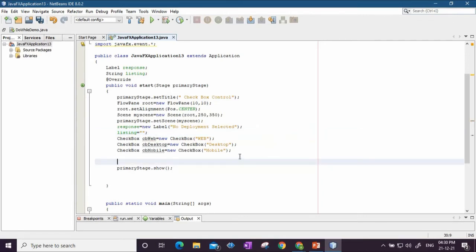Fine. Next, I'm going to do the event handling, but before that let me add these controls onto the primary stage.